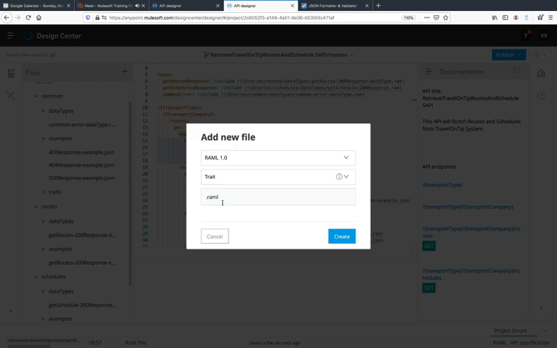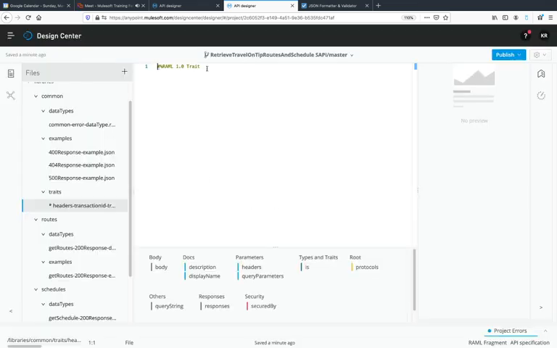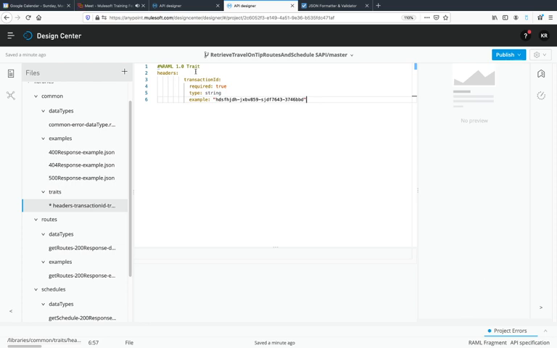So first I'm going to create for header. So headers, then name, transaction ID, okay, and then this one will be traits. Okay, headers, transaction ID, traits, create, and then paste it. Now let me make it properly indented. Then we'll copy this path and go to